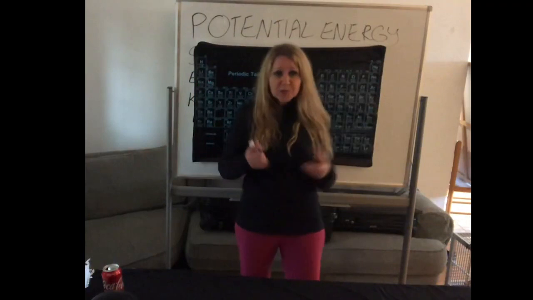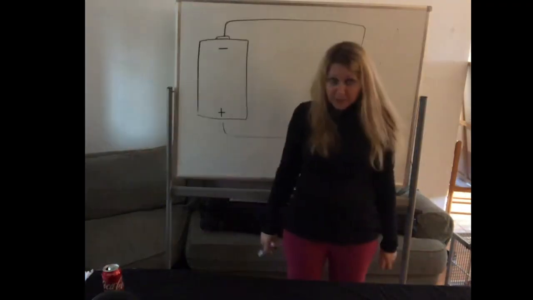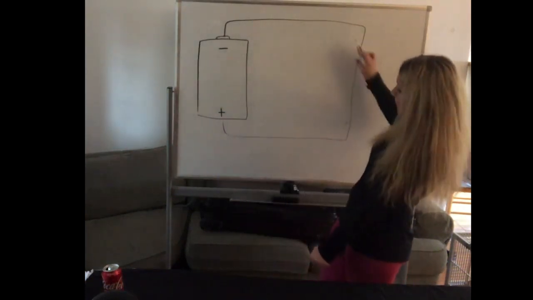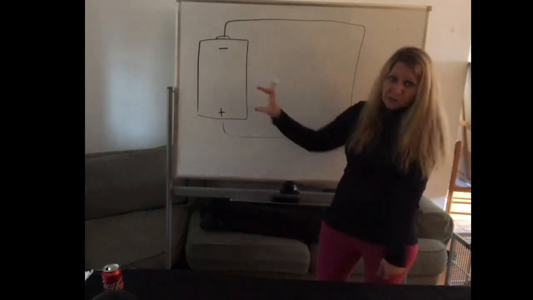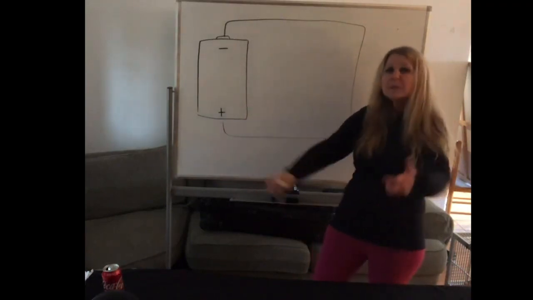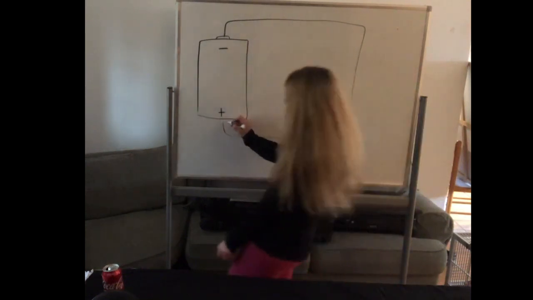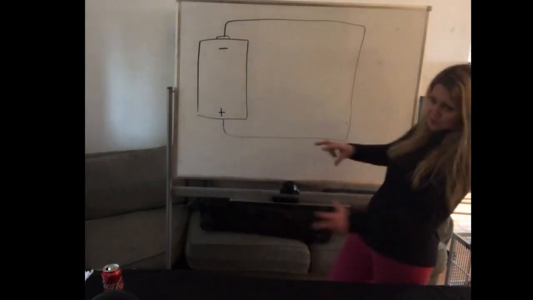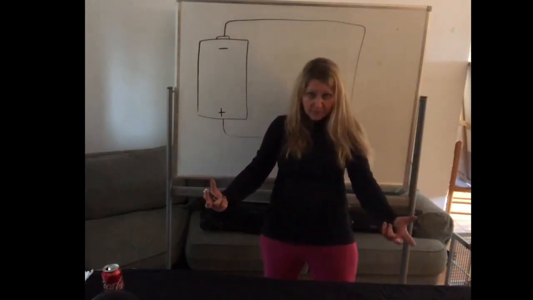The circuit is just a pathway that electrons can travel. So here is a drawing of a circuit. This is the pathway that the electrons are going to travel. So remember, this is the battery. This is where the electrons are, everything that's being stored in here. The electrical potential energy is stored in here. If we connect these, if the circuit is closed, you're really creating a highway for the electrons to travel.